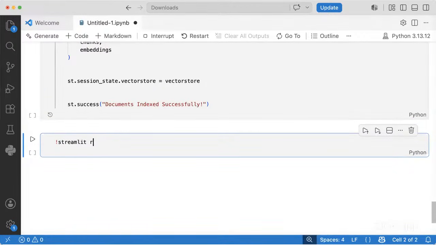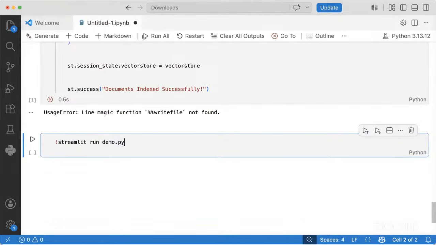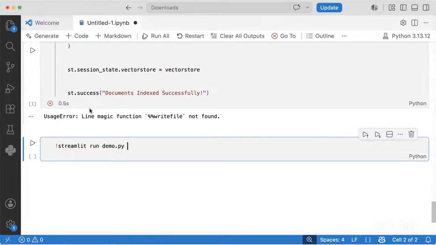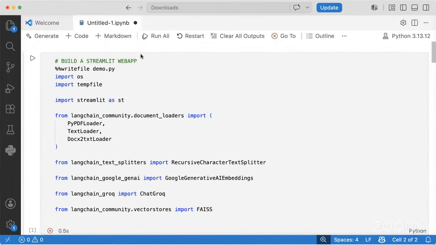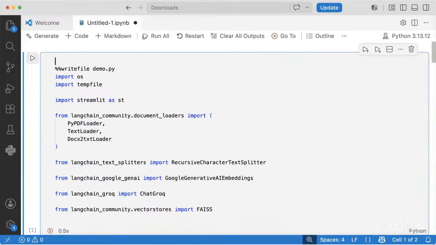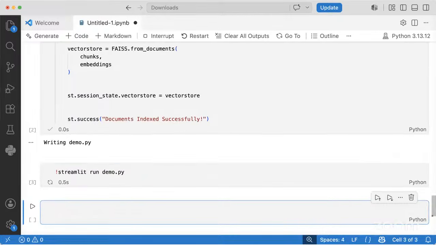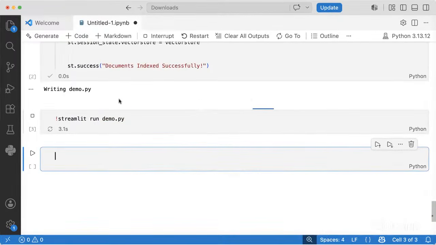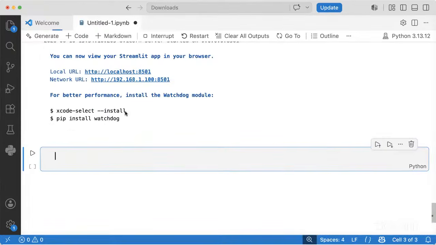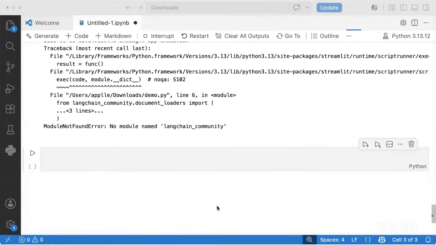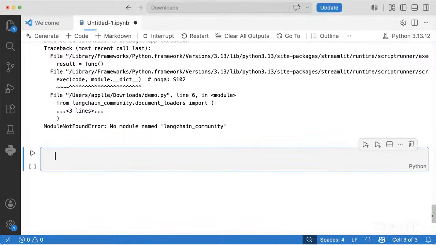So if I just take a streamlit run demo.py, yeah, writing demo.py. Okay. So if I give a streamlit run demo.py, that should now try and execute this. Now it will also look for all of the installations. It needs a Streamlit installation. It needs a, what do you say, LangChain based installation, everything. But this will now open up on the website, right? So it will just say, I need to make sure all of the things are installed